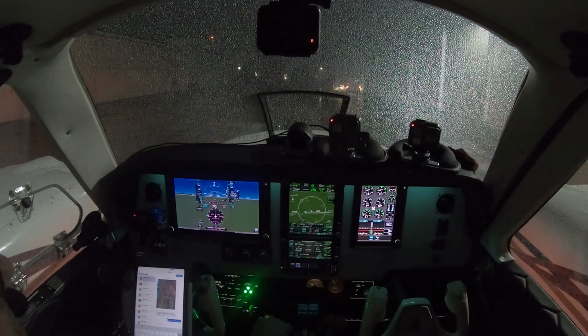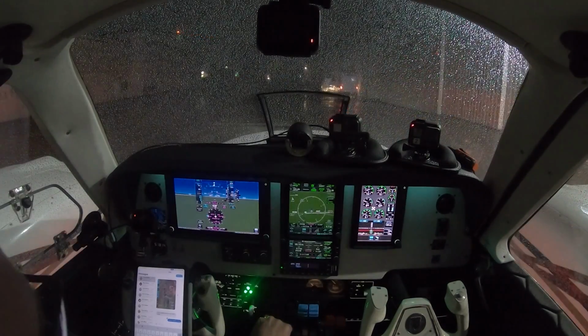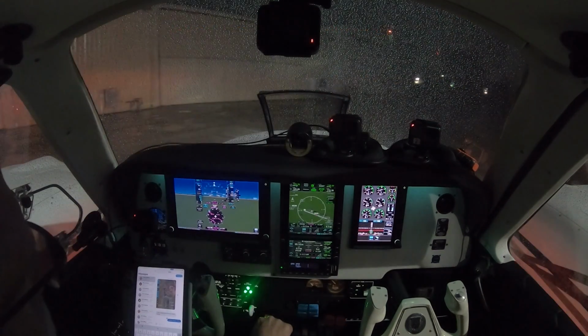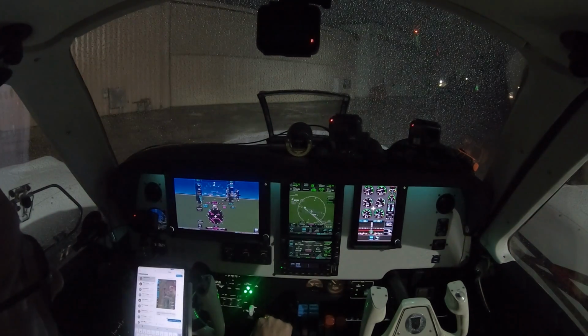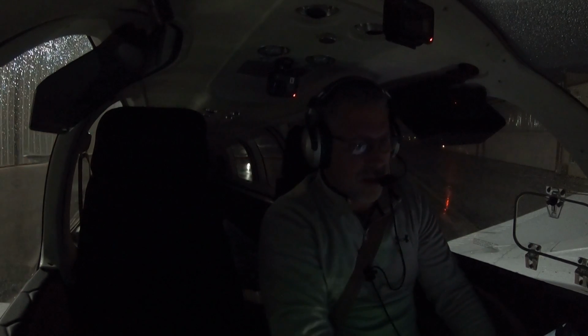Chester County, Carlson Airport, automated weather observation 2218 Zulu. Wind 040 at 4 knots. Visibility 1 1/4. Light rain. Sky condition overcast at 100. Temperature 4